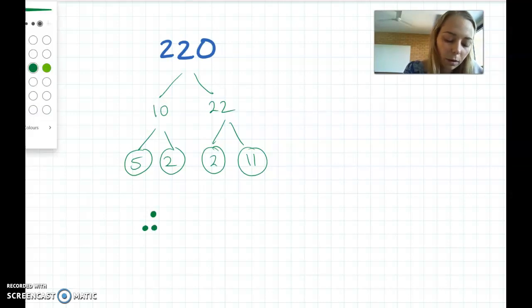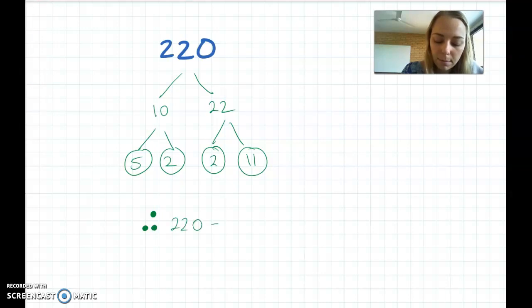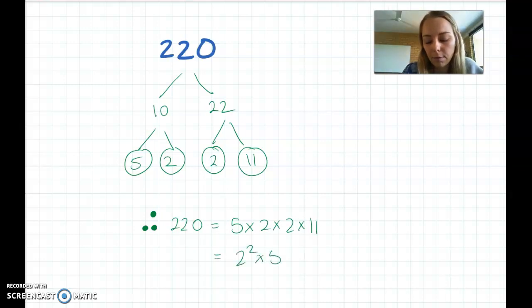Therefore, we say 220 is the same thing as 5 times 2 times 2 times 11, which equals 2 squared times 5 times